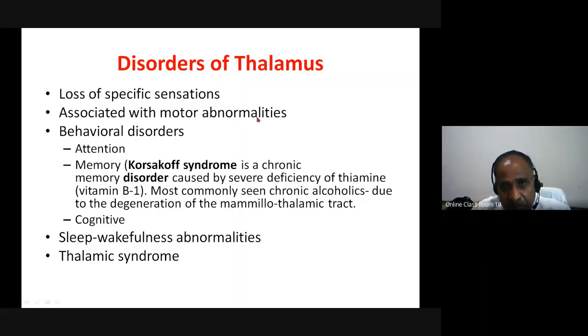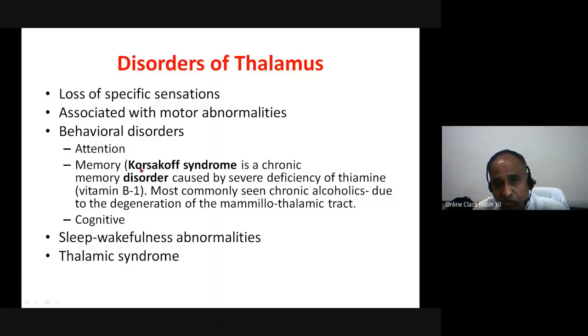Similarly, if the ventral anterior thalamus is damaged, it is similar to the basal ganglia disorders, because the basal ganglia outputs, the inhibitory outputs, modulate the thalamo-cortical projections reaching the premotor and motor cortex, and they will not be able to produce the motor actions properly. There will be motor abnormalities. Then, looking again at part of the medial nucleus and the ventral anterior nucleus, they are for attention and they are for memory,